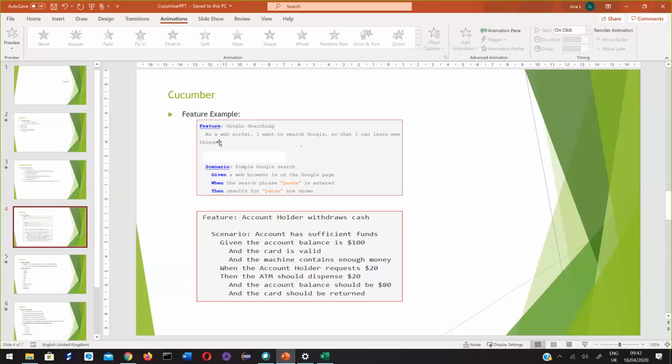Now, if you want to represent that using a feature file, you'll create a separate feature file for the whole login feature. Then, if 10 test cases are needed to test that login feature, you write 10 scenarios like this. One for positive, another for negative, another for forgot password, another for forgot email. So there is a separate test case for each of these things, and you write a separate scenario for each of them.